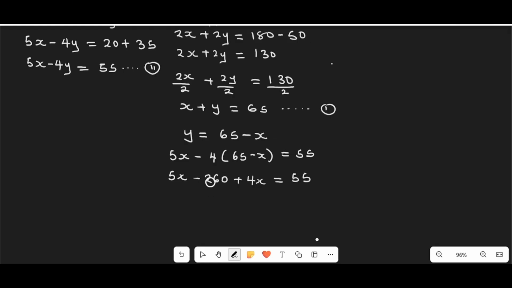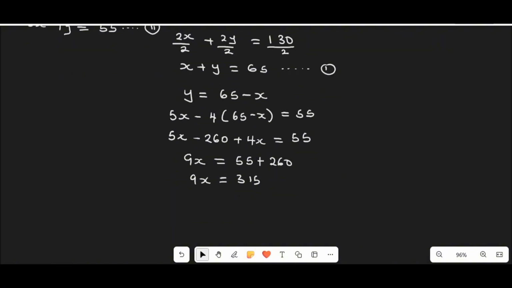So let us transpose minus 260 to the right hand side, and 5x plus 4x is going to give us 9x. 9x equals 55 plus 260. 9x equals 315. So to determine the value of x, let us divide both sides by 9. x equals